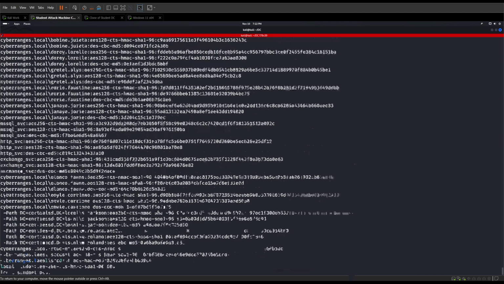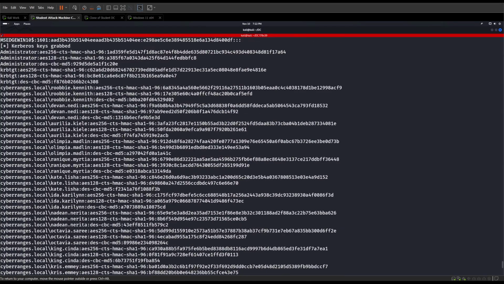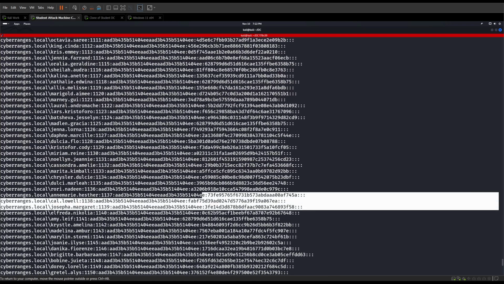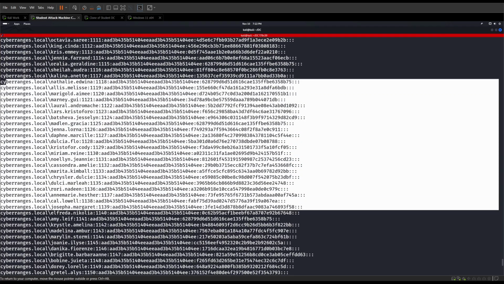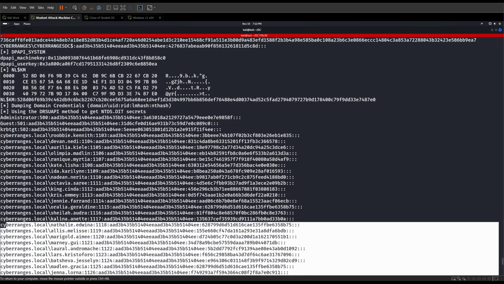All right, and there's everything that we want, right there. All the users' hashes are going to be up here. We can take all these offline, try to crack them, and see how many passwords we can actually crack. All right, speaking of cracking passwords,